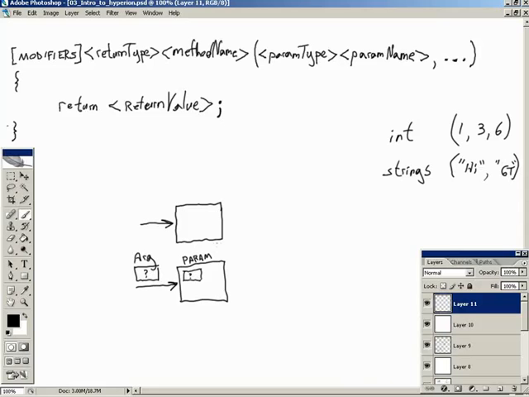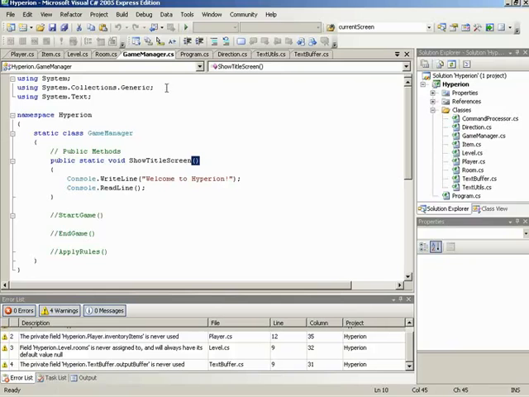Right, it all depends on what side of the method you are on. If you are on the inside, you look at the values as parameters, the names that you work with. Precisely. If you are on the outside of the method, you look at the data that you're sending it as arguments. That's right. So if we were to jump again back over into Hyperion and come up here to the program class,